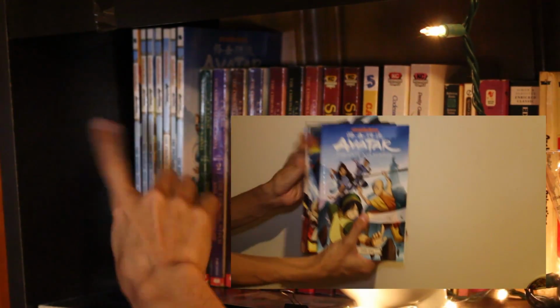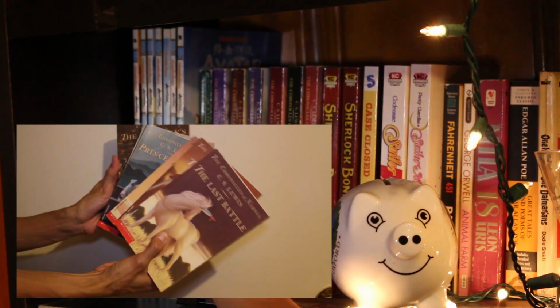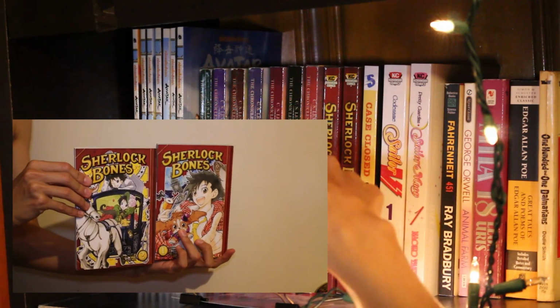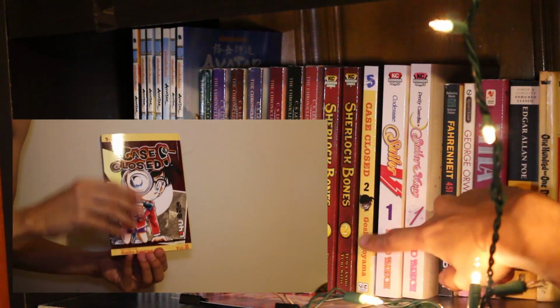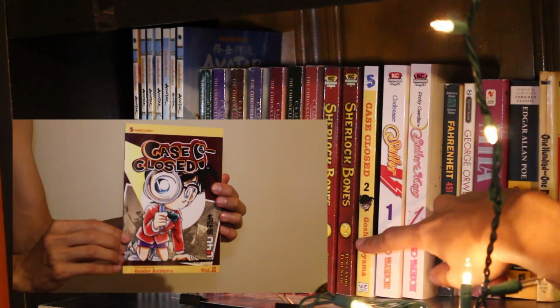I hauled these before or something. And then up here I have the Chronicles of Narnia, all 7 books right there. Right here we have the manga Sherlock Bones. And then next to it we have the second manga for Case Closed. I actually really enjoyed this anime. I'm just slowly collecting